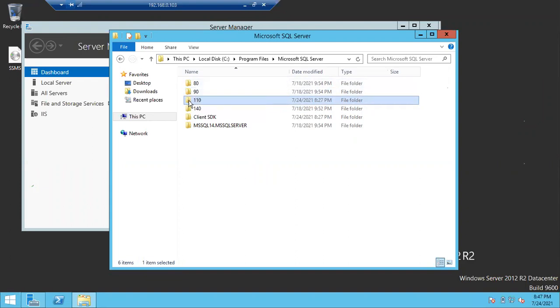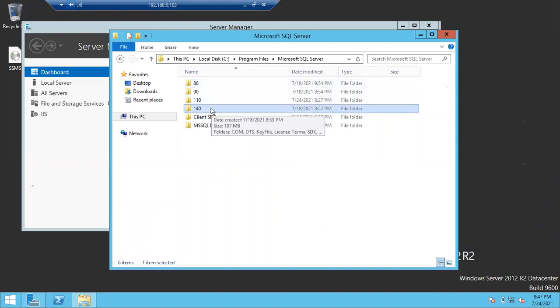These are the binary files that are supported in these folders, so that's why you got them. The final folder is 140. This 140 folder belongs to SQL Server 2017. 14.0 means 140, right? So whatever highest folder you see there, that SQL Server version is installed. If you see 150 here, that means SQL Server 2019 is installed. Clear? These are the folders created once you install SQL Server. Fine. Any questions here, guys, please? Okay, that's fine.